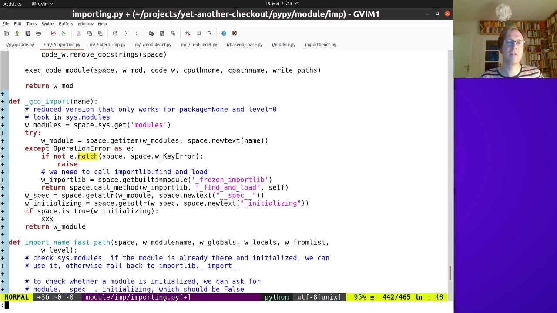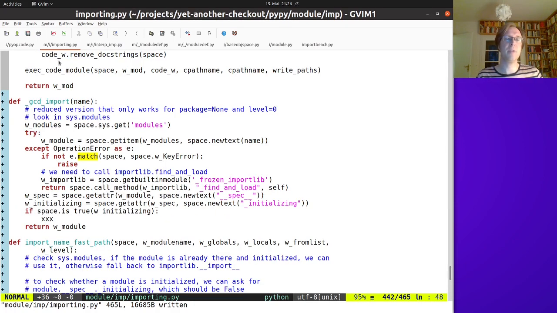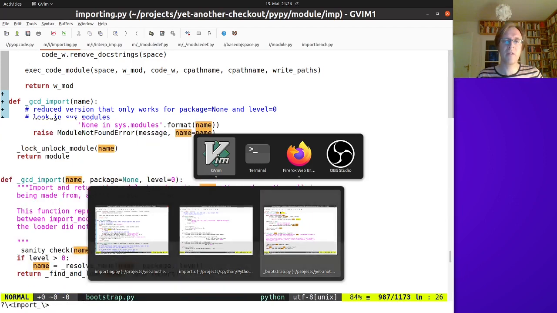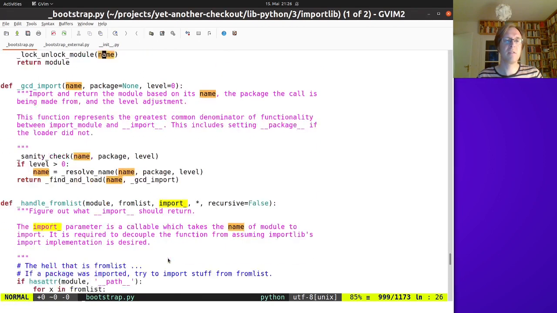And what are the arguments? The arguments are the absolute name, the import function, and null. Okay, this thing is annoying. What does that even mean? So let's look at the Python code. Find and load takes